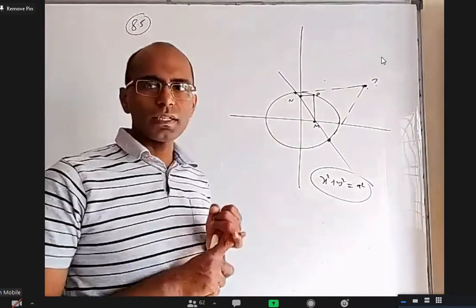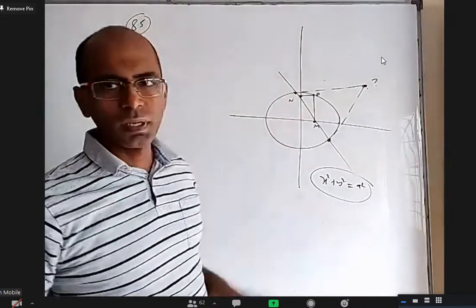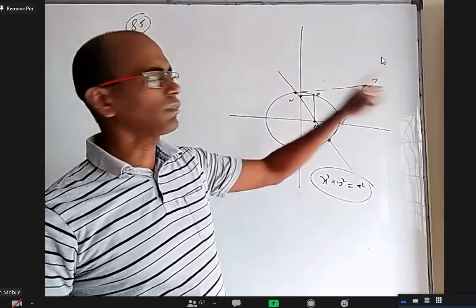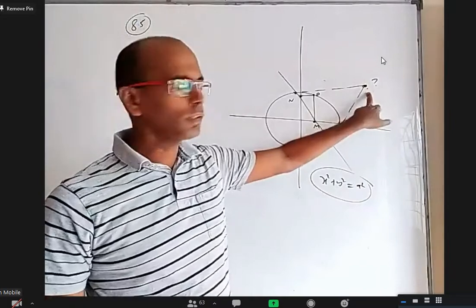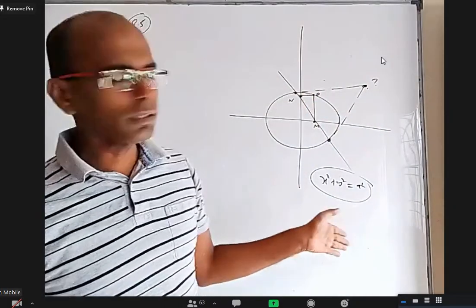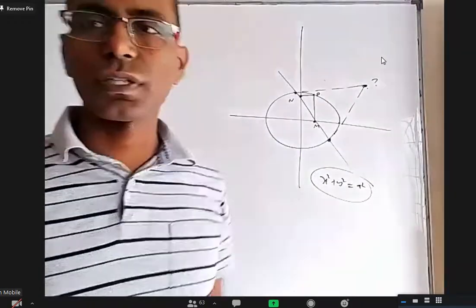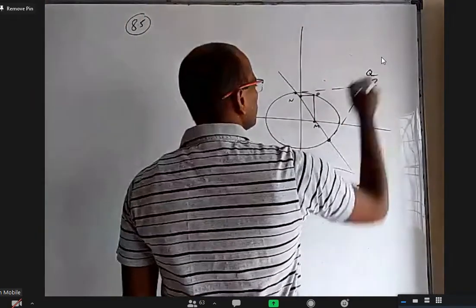The first step earlier is take a point P on the circle. Second step is find M and N. Third step is find the MN line equation. Fourth step is find its pole. But in our solution, the first step is take this x1, y1. Second step is find this line. Third step is find P, and then P should lie on the circle. That is the fourth step. You get the locus. Okay, this is Q, the pole.